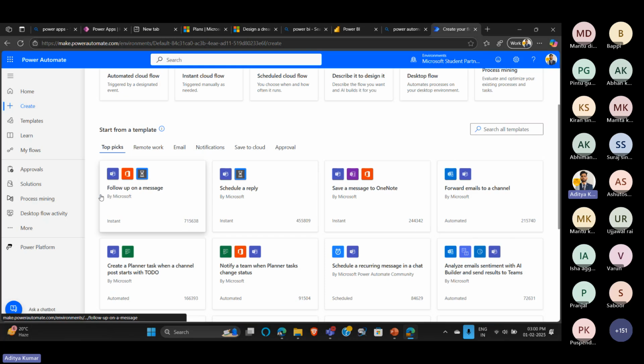Suppose you want to follow up on a mail message on Teams. Whenever anyone mails you, if you are very lazy to open mails, you can get a message on Teams. Because all the things are now integrated with AI, what you can do in Power Automate is simply you can just